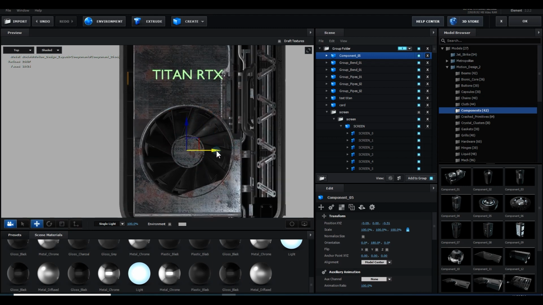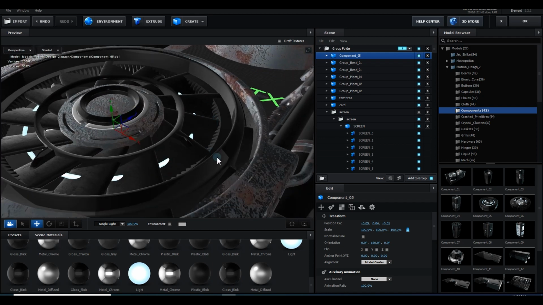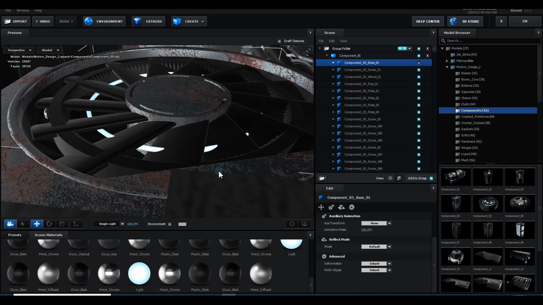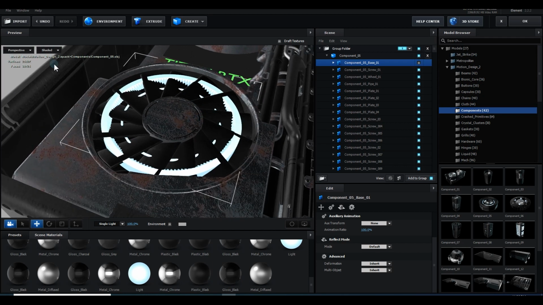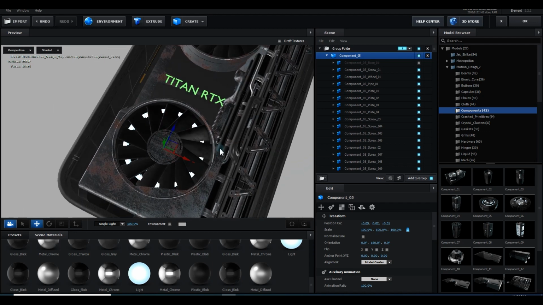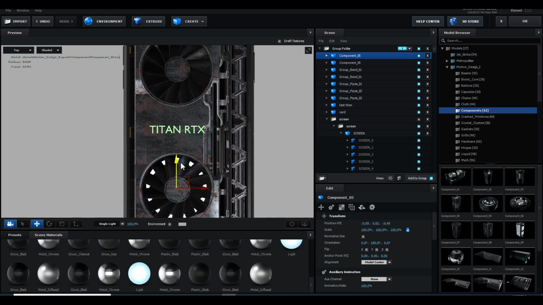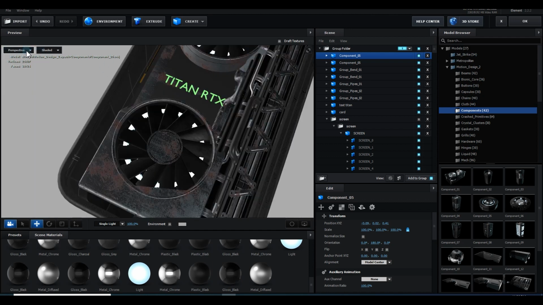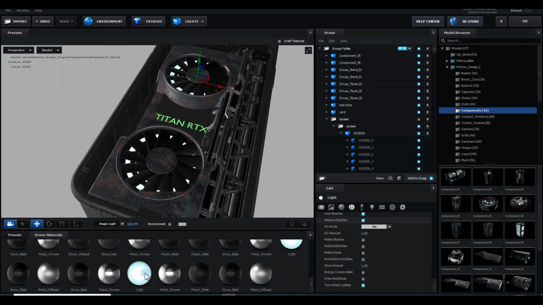Move it here in the center, then go to the top view and place it here. Then you can press Control and click on this mesh, and you can hide that mesh, especially that one. So it looks good, and if you want you can apply them here also, and then you can back them here like this one. So this looks good. Go to the perspective top and just duplicate this model, and then go to the perspective. Pretty good. When our fan rotates, it will look good, and you can just change the color.